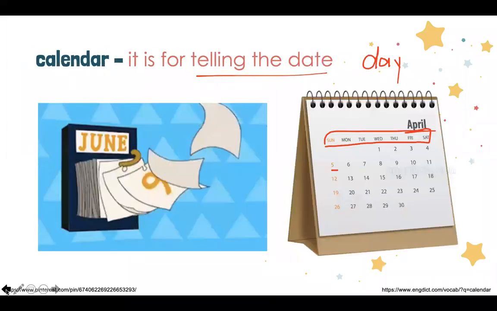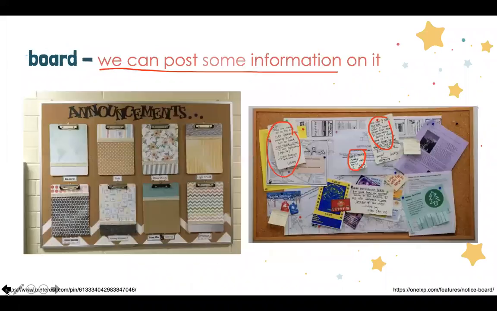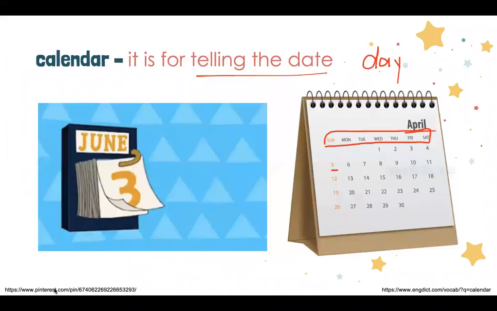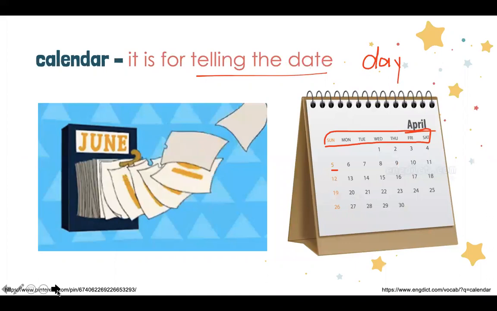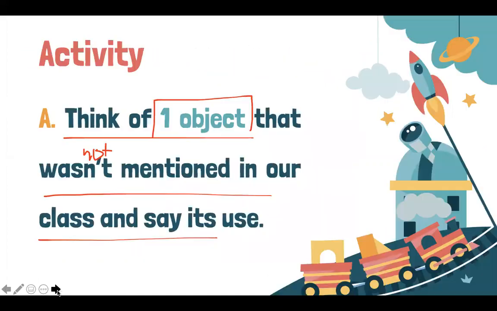Okay, may try sharpener, may try calendar, not globe, not board. Another object. Okay, one thing that wasn't mentioned in our class and say its use. So not mentioned, not in our